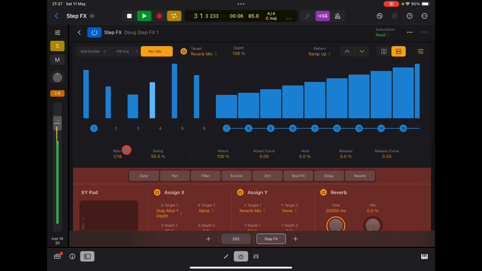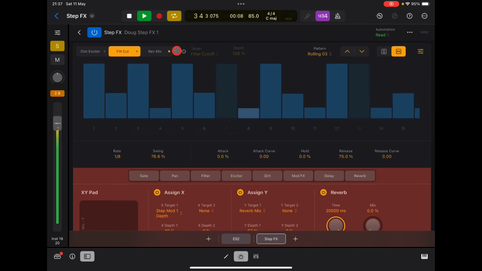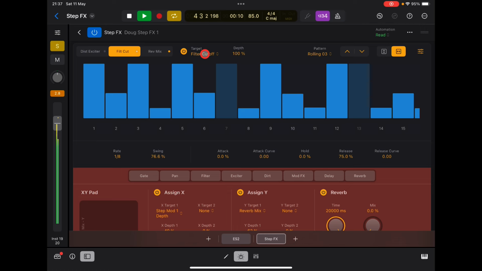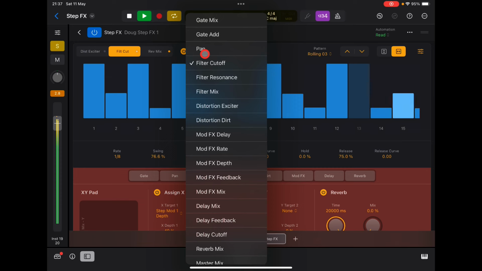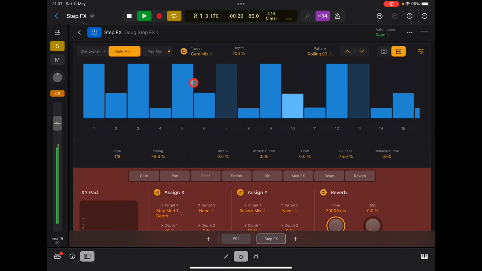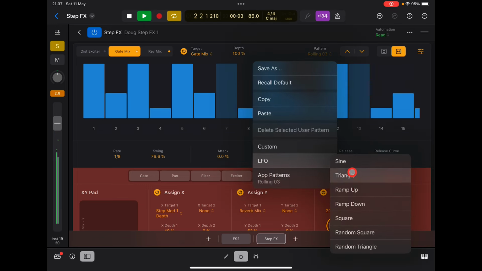Marvelous. Let's turn this one back on. It's brilliant. Let's take this, make it into the gate. Let's maybe have this as a